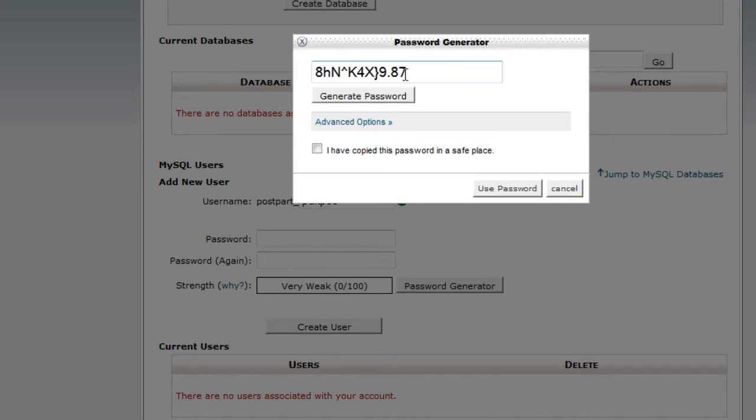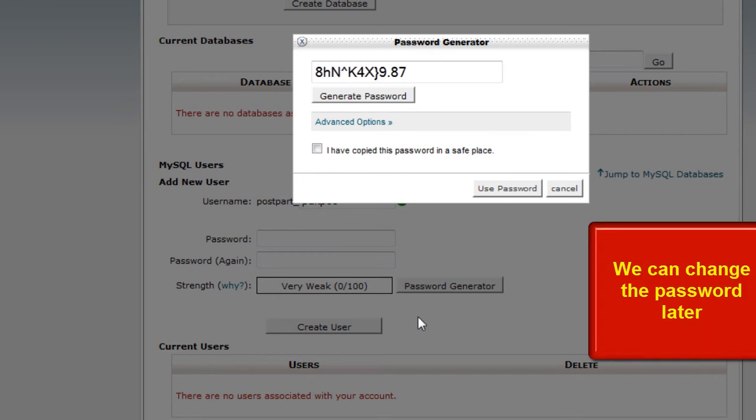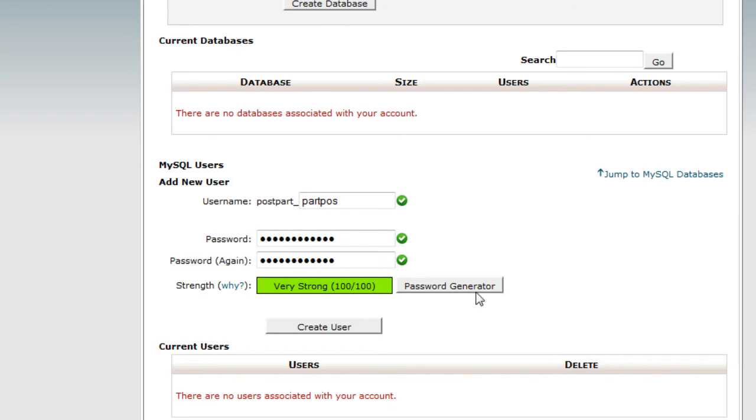So I've clicked on generate password and it brings up the password like this. So you control copy, put that in your notepad, and then tick this here, I've generated it, and then click on use password. So just, I'll be back in a sec. So here we go, I've clicked on it and it's dropped it in there, and it's very strong, and we can create user. So we click on this create user, we don't worry about that,